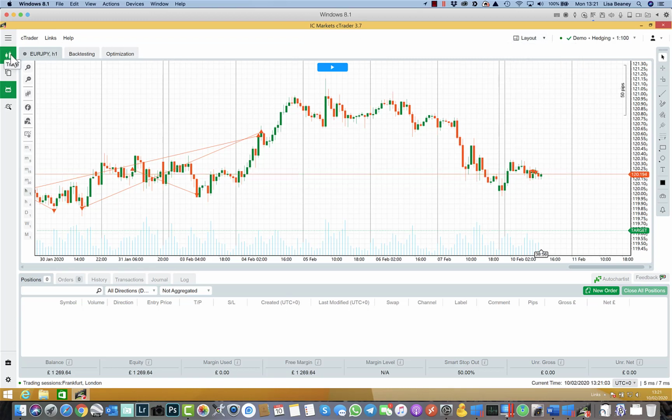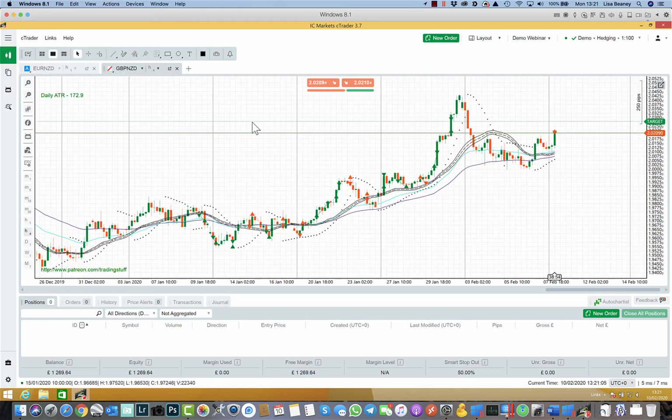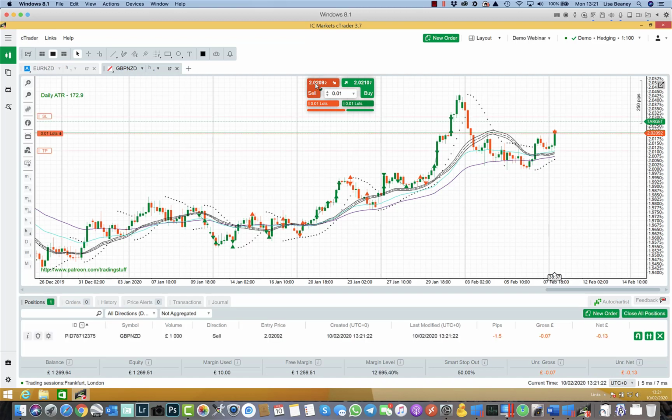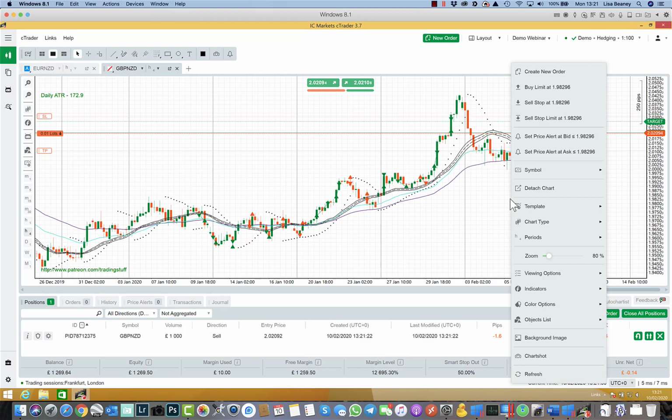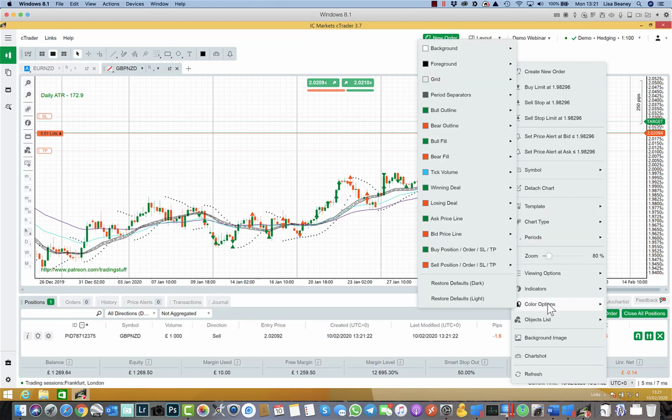So I'll go back to the trade section, because what we're going to look at is how we can change the colours for the actual trading lines. So to make this clearer, I'm just going to put a trade onto the system. So we're on GB New Zealand, and you can see here the stop loss and the take profit lines are quite difficult to see. So if I do a right mouse click and I go to colour options,